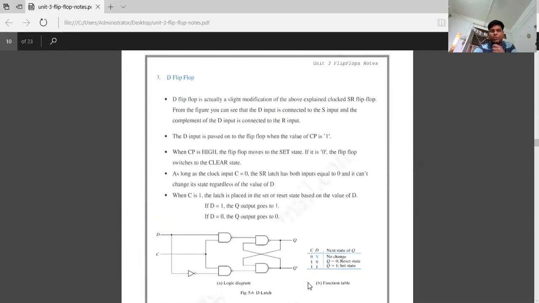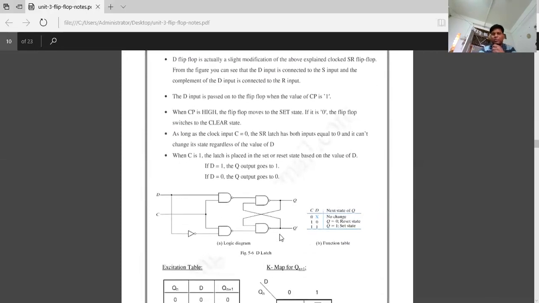The D flip-flop is actually a single input and single output device. Here we have the SR flip-flop with a clock pulse, where one main input goes to the NAND gate and one inverting input goes to the other logic gate. When the clock pulse is 0, D is don't care, whether 0 or 1, there is no change. When the clock pulse is 1 and D input is 0, Q is the reset value. If D is 1, the output is 1.